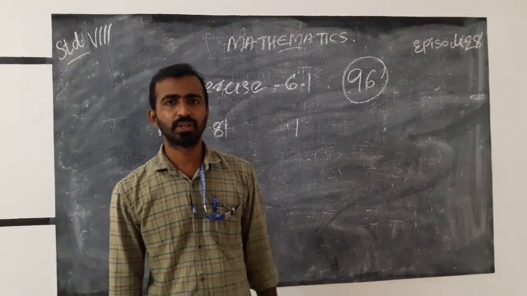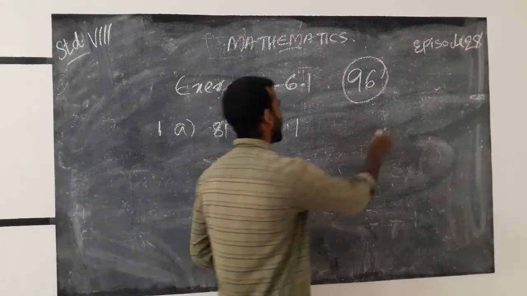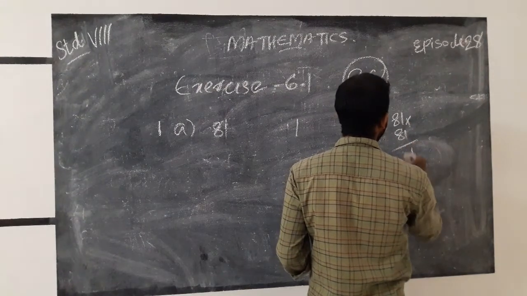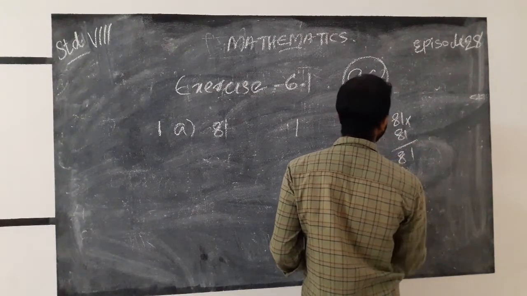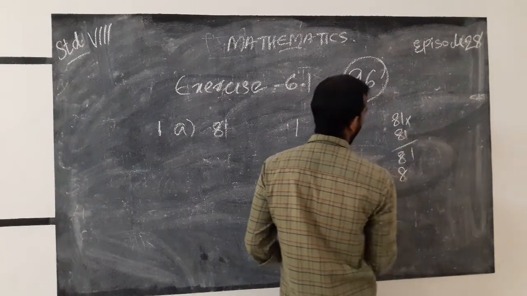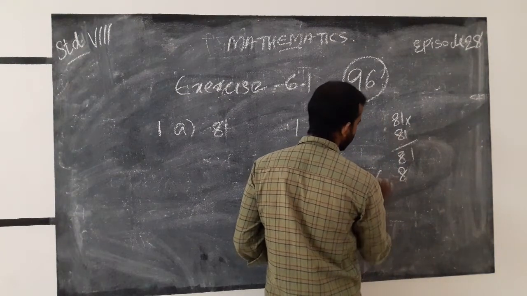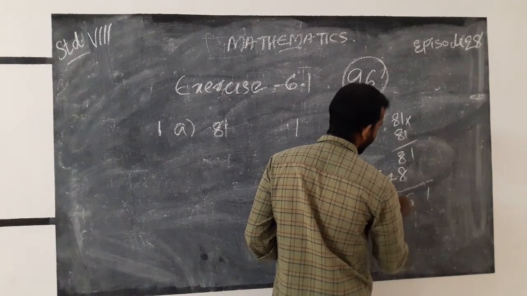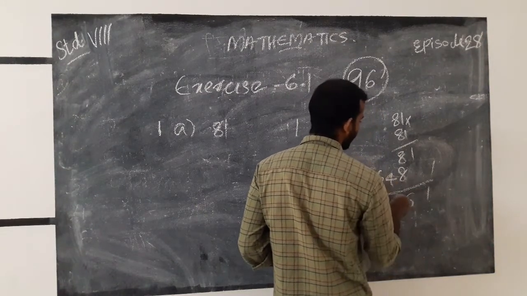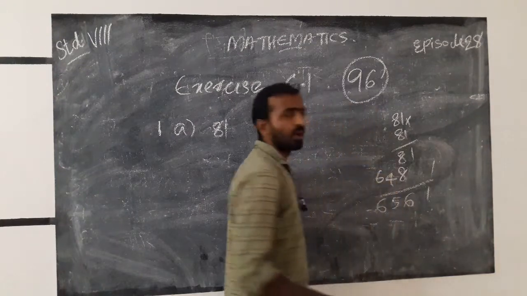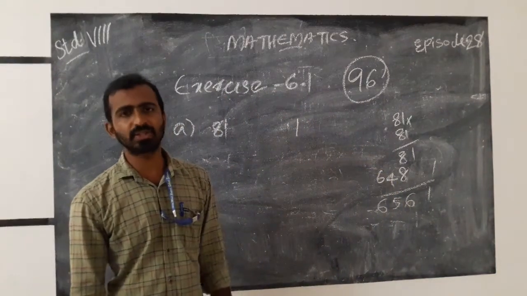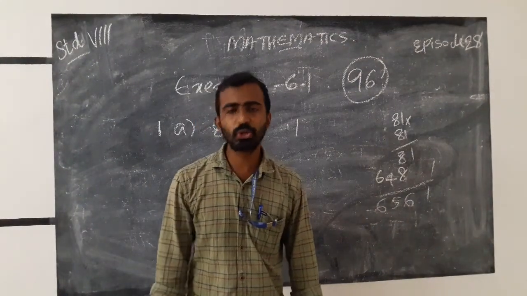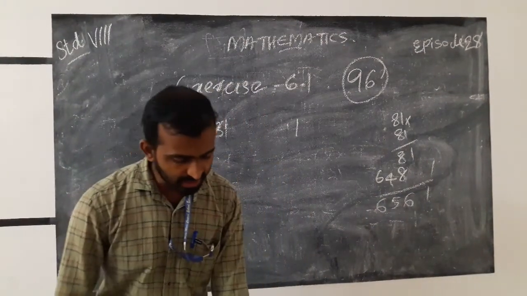Any doubt? Can we check? Okay, that is 81 into 81. That is we get 1, 8, 64. That is 1, 16. 1 is carried. 5, 6, 6,561. That is unit place is 1. Unit place is 1. And next question is